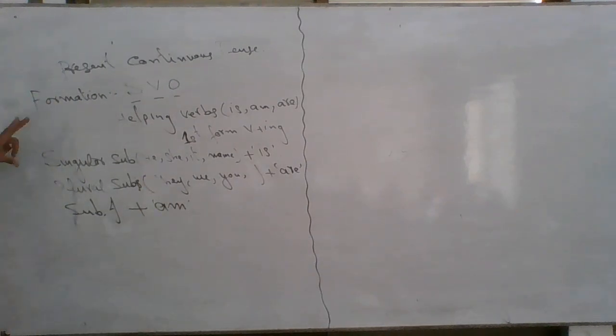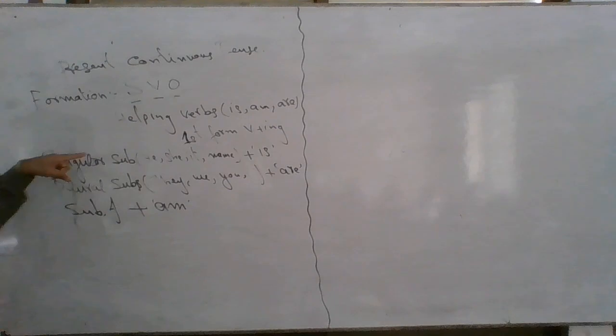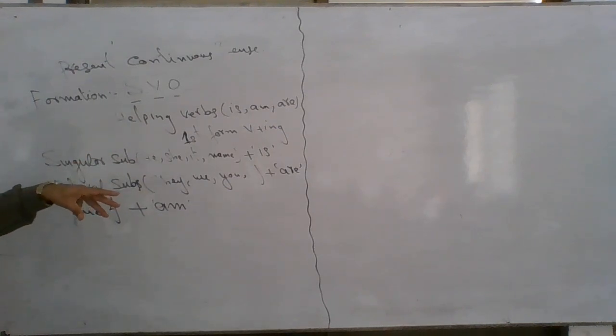Now that is the formula. Ing form of the verb is to be used, and with singular subject is, with plural subjects are, and